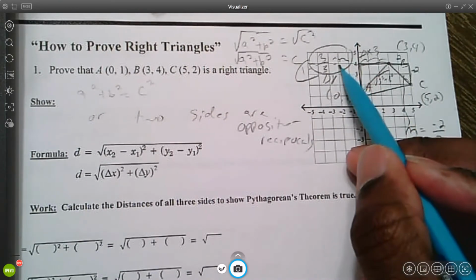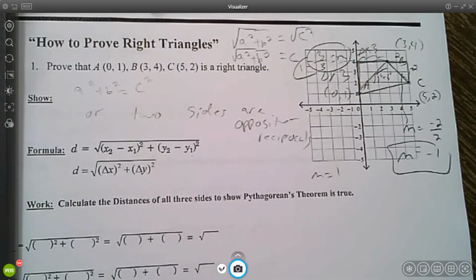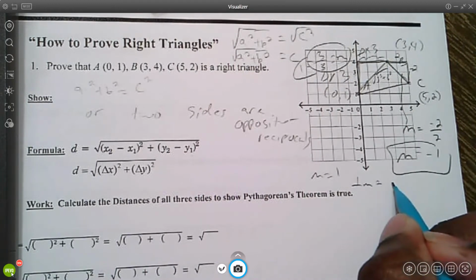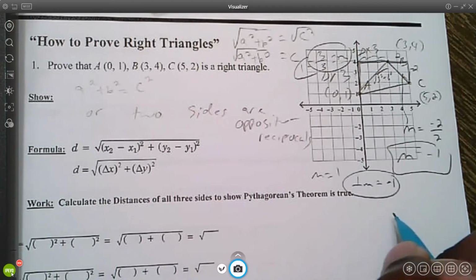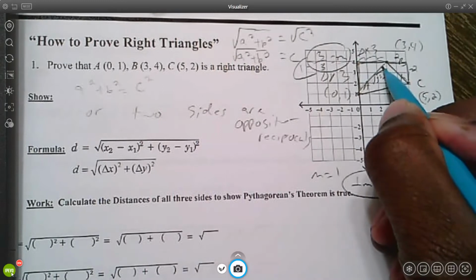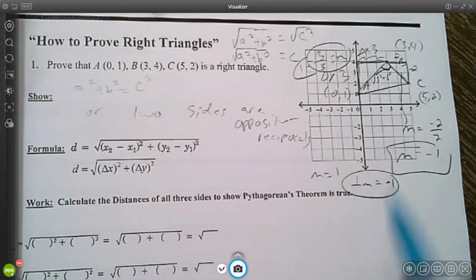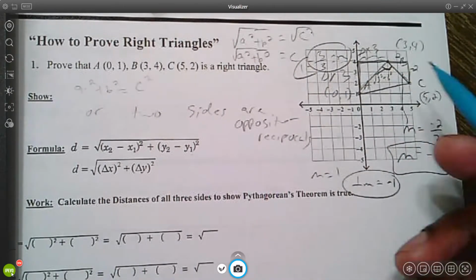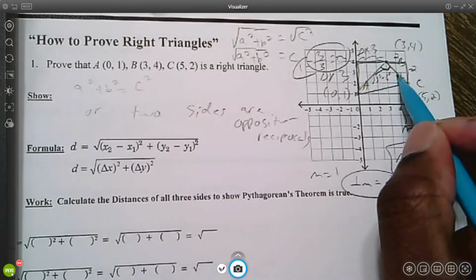Let's take a look at this. If this slope is 1, its perpendicular slope should be the reciprocal of 1, which is also 1, with a negative sign on it. That's what it's supposed to be. That slope is negative 1. I know for a fact this is a right angle. Why? Because these sides have opposite reciprocal slopes. So I know that's true no matter what. So I prove that this is the right triangle because I can find that these two sides have opposite